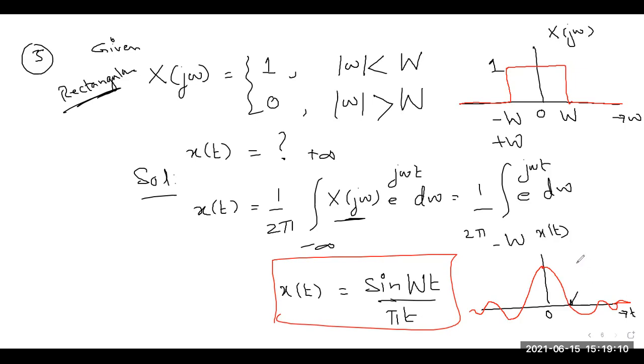और जहां से ये 0 क्रॉस कर रहा होगा, that will be equal to pi by w, and this will be minus pi by w, and so on। इस तरीके से ये minus 2 pi। So now you can see that in this case टाइम डोमेन फंक्शन जो है वो सिंक फंक्शन।